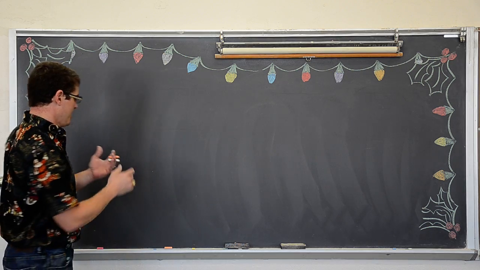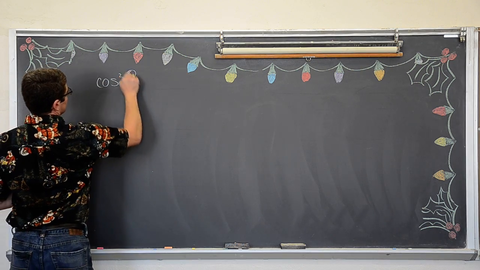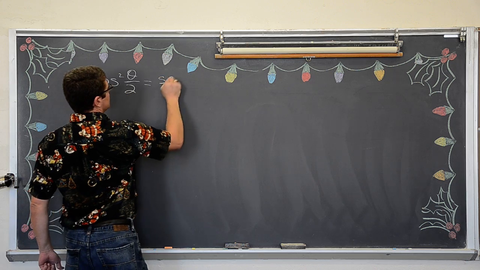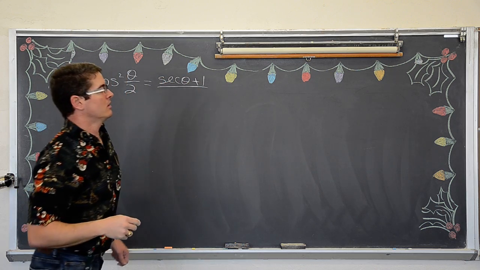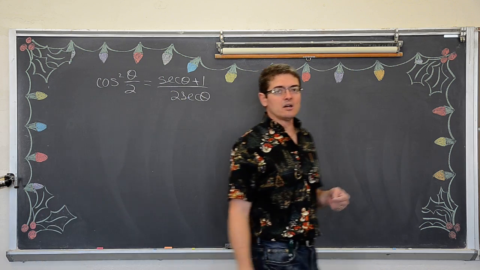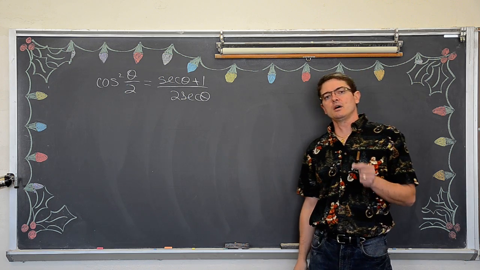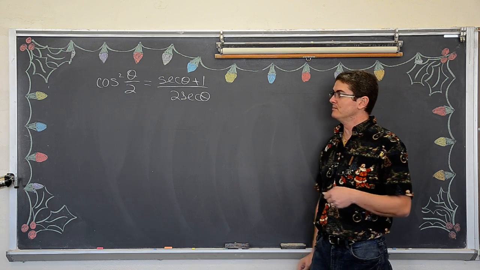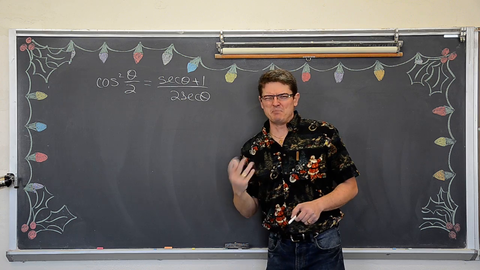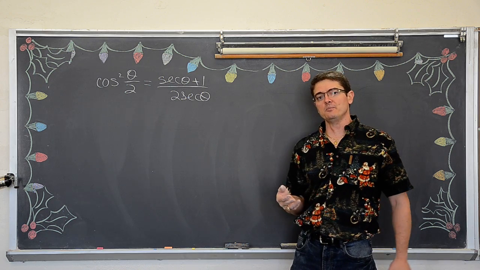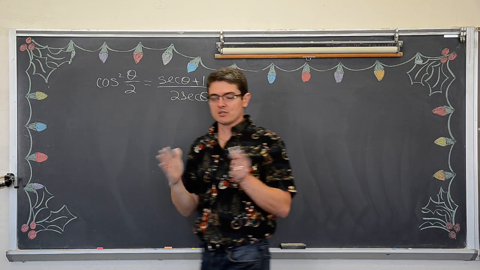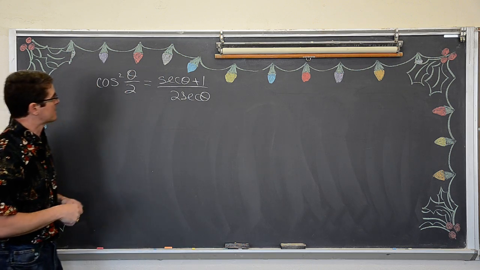How about we take a look at the cosine squared of theta over 2, and let's see if we can prove that that equals the secant of theta plus 1 over 2 secant theta. Well, cosine of theta over 2 is the square root of 1 plus cosine theta over 2. Not anything to do with secants. So there's no identities going to help me out immediately, like big heavy-duty identities. There's no algebra to do, so we're just going to have to go into sine and cosine and hope that the algebra allows us to get the 2 sides closer and make it click until we can see what's going to happen.